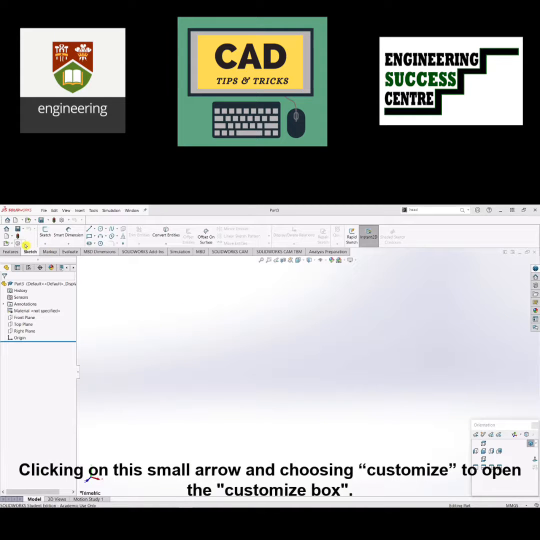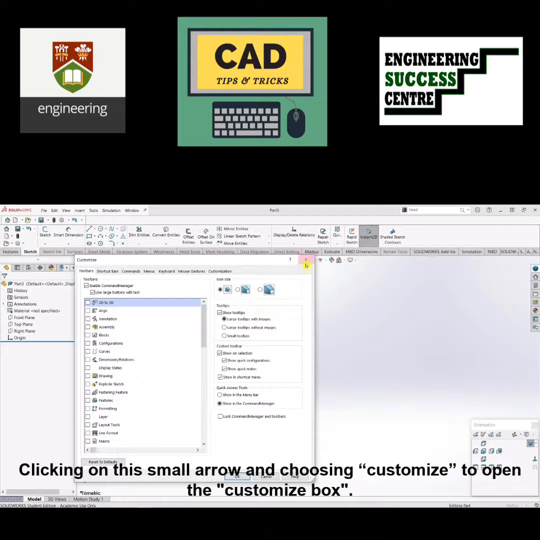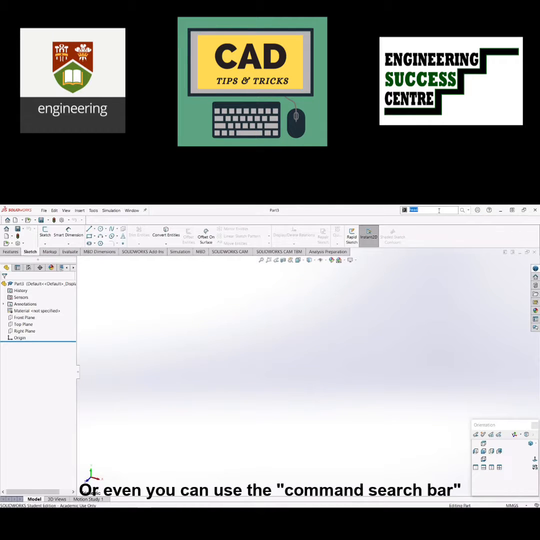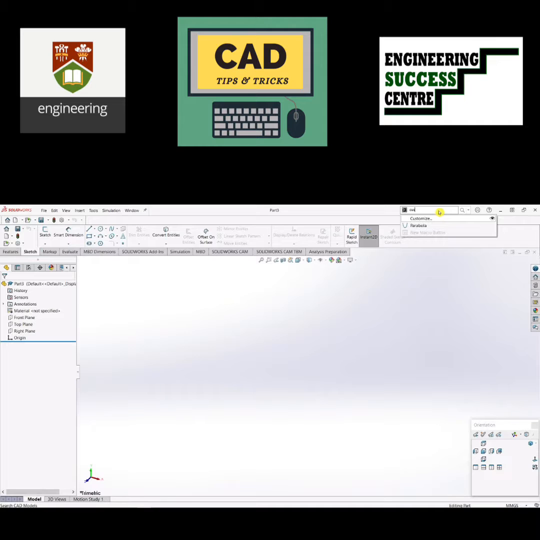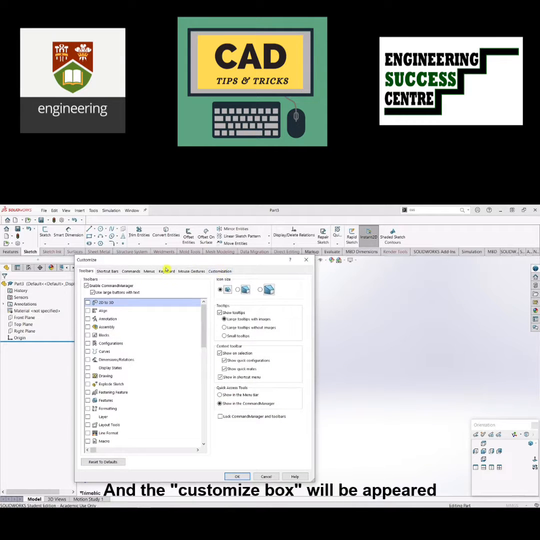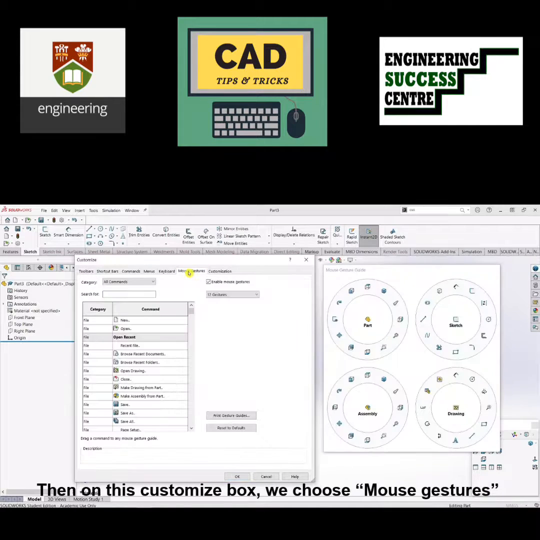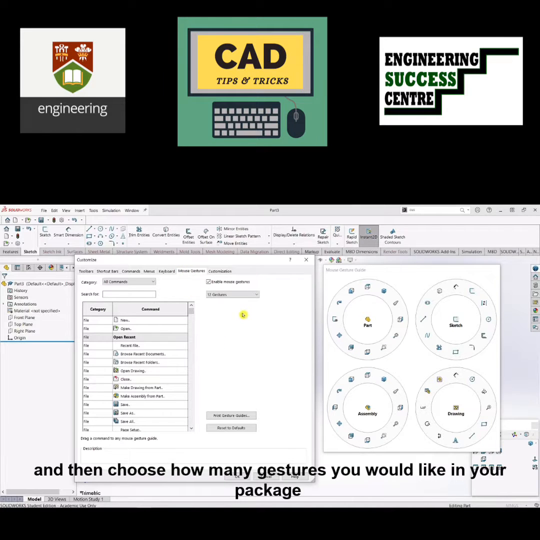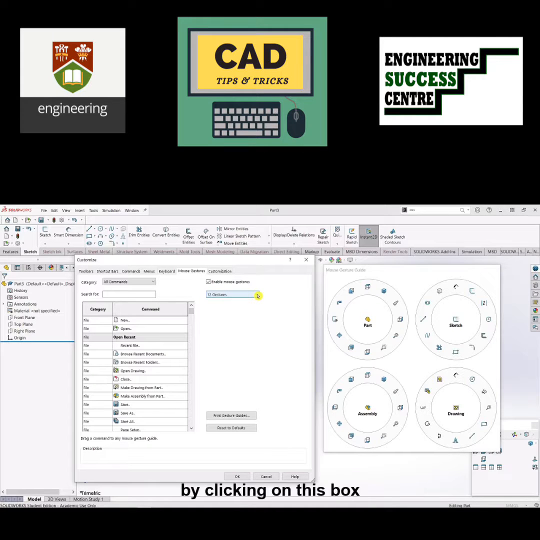Clicking on the small arrow, choose Customize to open the Customize box, or you can even use the command search. Just type Customize and click on this, and the Customize box will appear. On the Customize box, choose the mouse gestures, and then choose how many gestures you would like in your package. Clicking on this box,